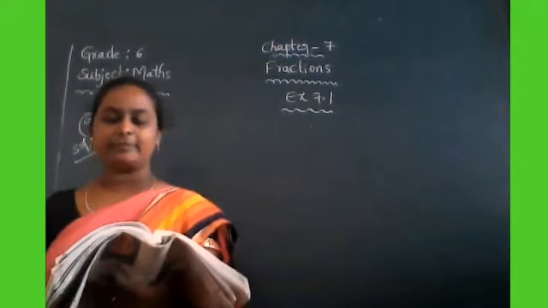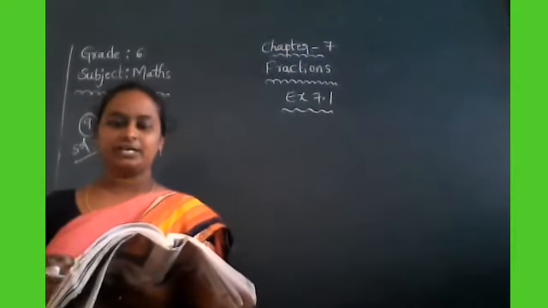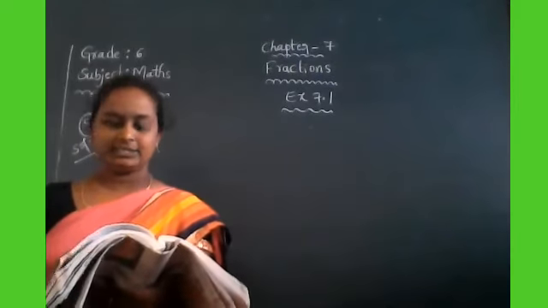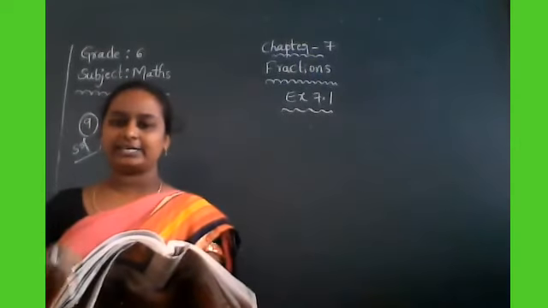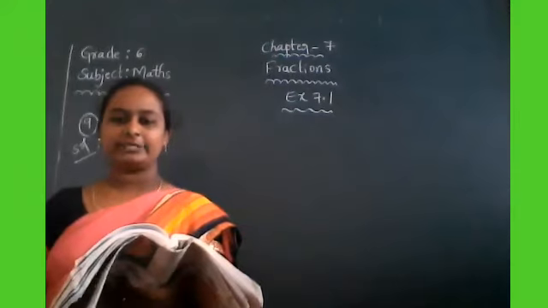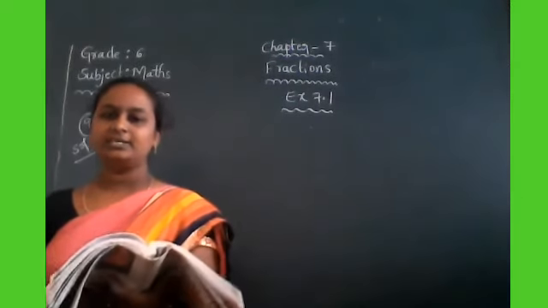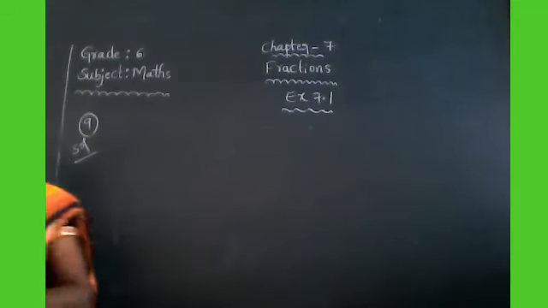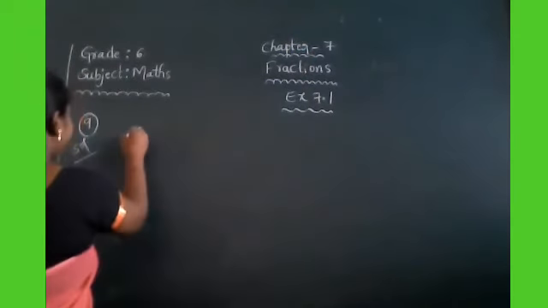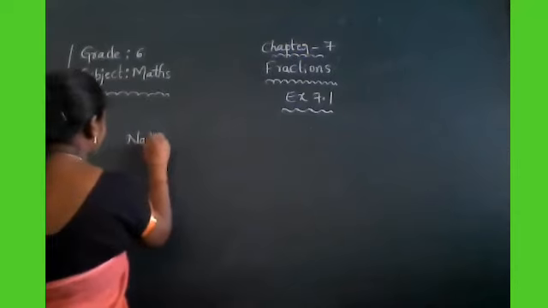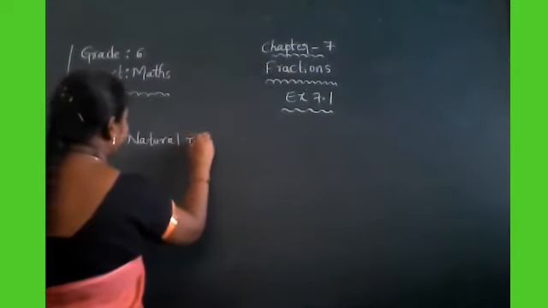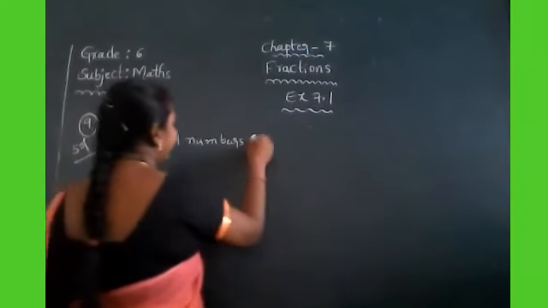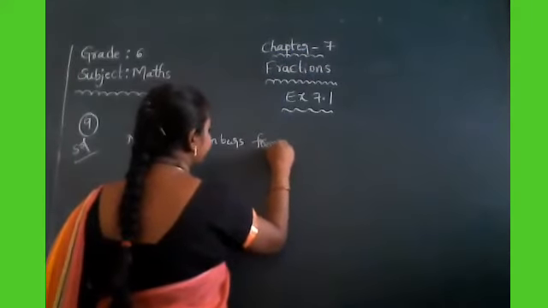After that, what fraction of them are prime numbers? Find the number of prime numbers from 102 to 113, then write the fraction: number of prime numbers by total number of natural numbers. Very easy, no? Okay. First of all, we have to write the natural numbers from 102 to